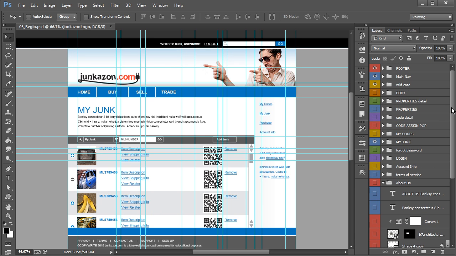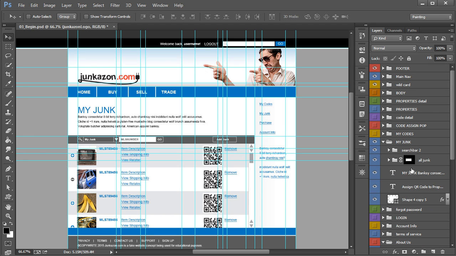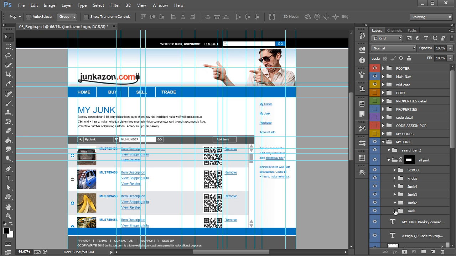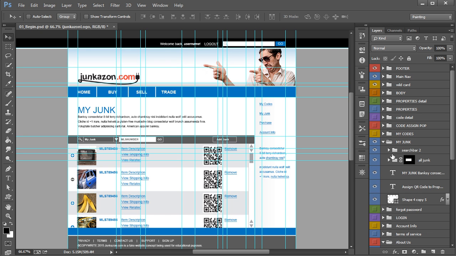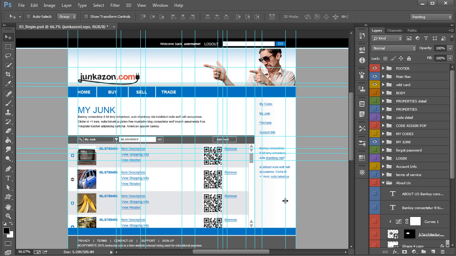Now, before we go any further, have a look over here at the layers panel. You can see that we have a lot of layers and a lot of groups. In fact, if we go into one of these groups, there are more groups and more layers. It gets very deep very quickly. So it comes back to what I said in the previous lesson, where if you're wanting to create multiple iterations for this page, it could be a little bit cumbersome to have to toggle the visibility of all the different groups and layers associated with those different iterations, let alone entirely different pages altogether that would be associated